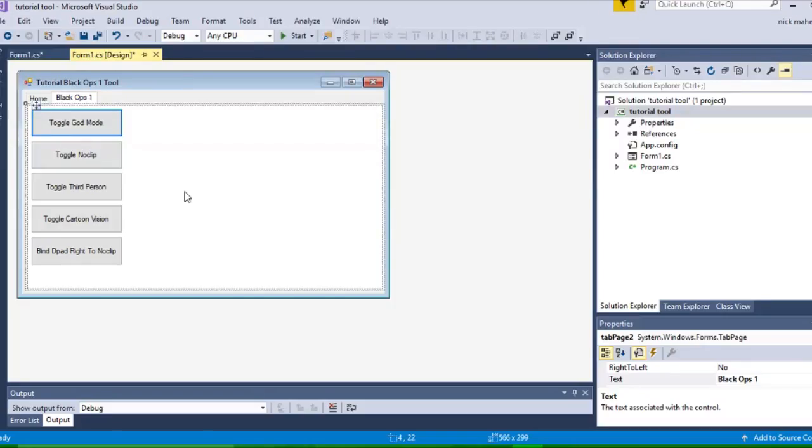Right, so this is part 3 of my tutorial on how to make a JRPC tool. In part 2 we learned how to do console commands and stuff like that with binds and everything. In this tutorial we're going to be talking about how to set memory and to do floats and stuff,